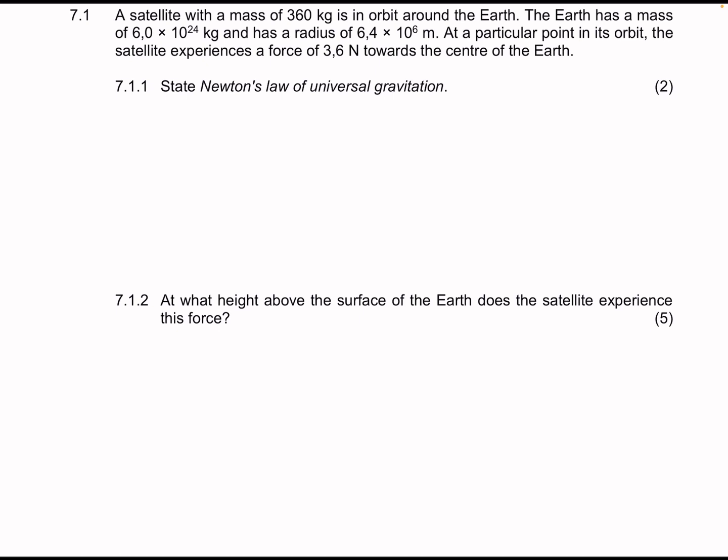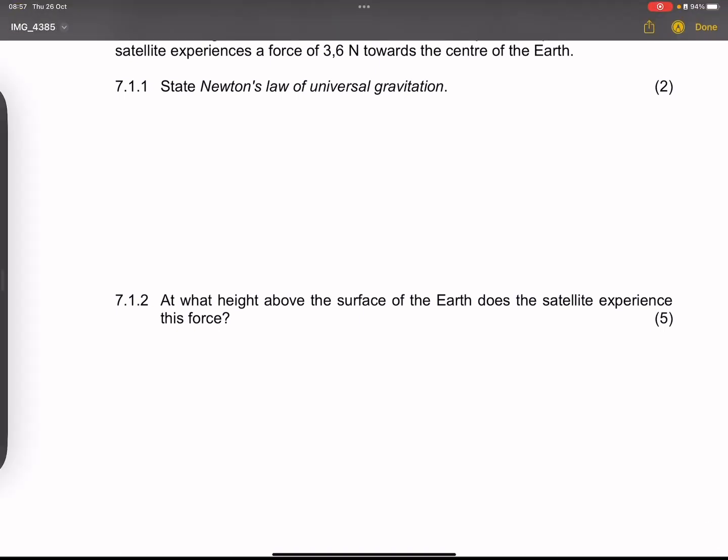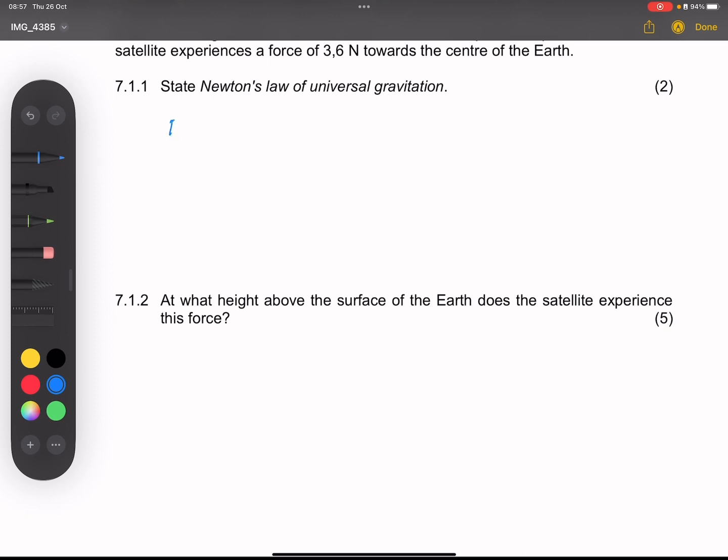The first thing they say is that we should state Newton's law of universal gravitation. So please remember, Newton's law states that two bodies in the universe will attract each other with a force that is directly proportional to the product of their masses and inversely proportional to the square of their distance apart from their centers. Please always remember that law. If you struggle a bit remembering that, all you need to remember is the formula,